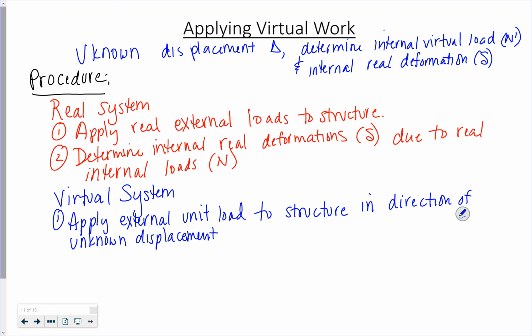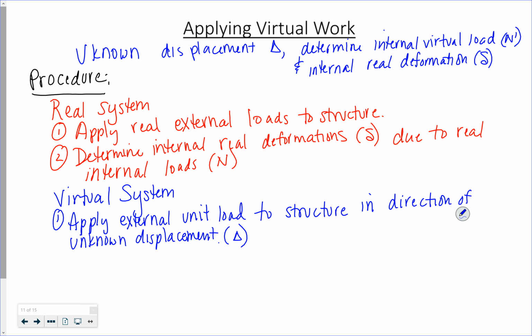And this unit load could be a force or a moment, and the displacement could be a displacement or a rotation. Right now we're sticking with displacements because we're only in axial members, trusses. I'm going to apply an external unit load in the direction of my unknown displacement delta, big delta,